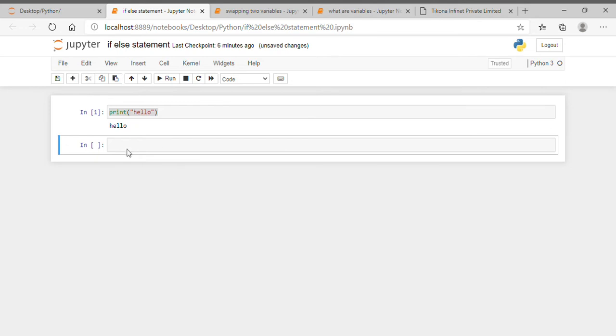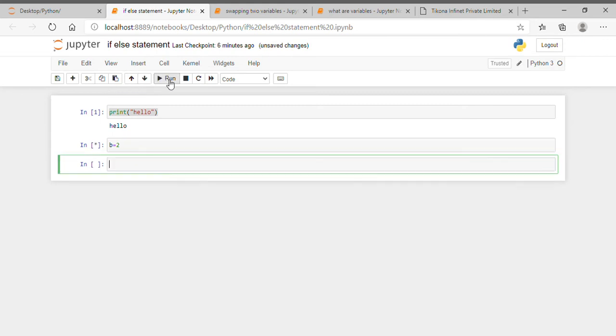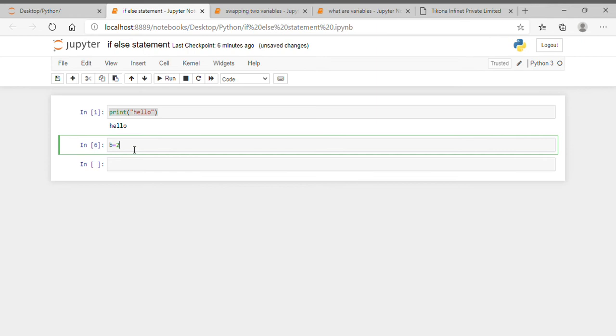And let's add one more cell, and let's define b is equal to 2. And when you click on the run, you don't see any output here. Now we have defined b is equal to 2 here. So if we try to print b here,